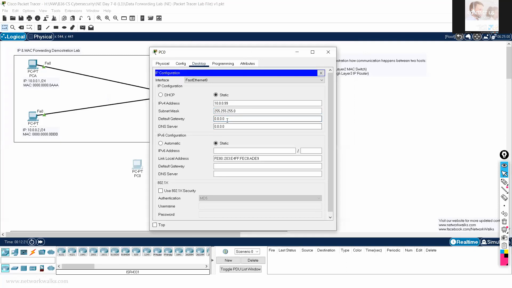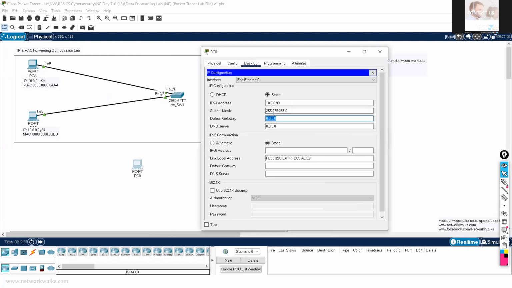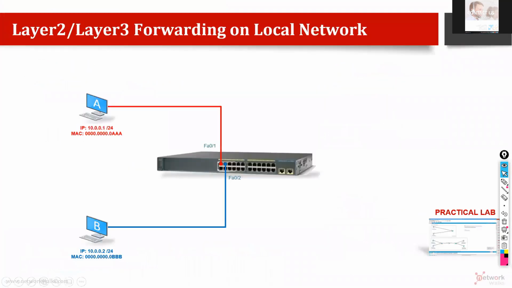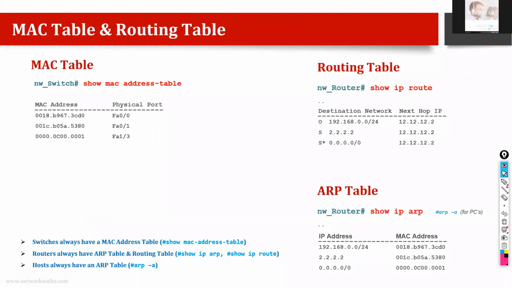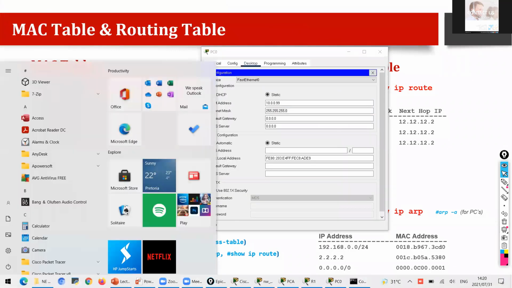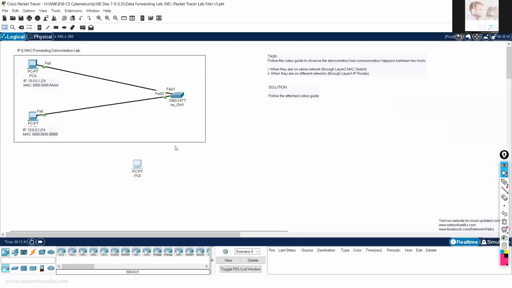Also, it's an important point, guys. If you have a switch in between computers, the gateway is not a mandatory thing. But if there is a router in between, the gateway is a mandatory thing. And why is it so? It will be clear to you guys once we will discuss these two scenarios, which I have prepared for you guys. So wait a while until there. Let me clarify Joshua Kinga until then.